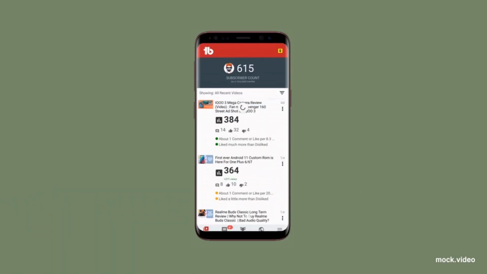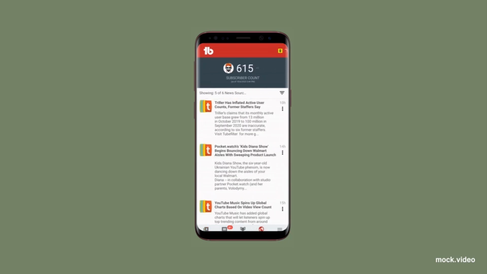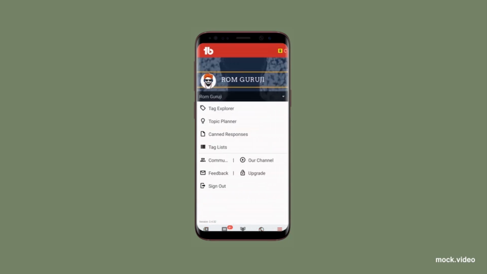Now, there are two ways to use this. One, as a plugin on Google Chrome, which I think is one of the best ways to use it if you edit and upload your videos on your computer, because it shows you all the keywords right there, all the stats right there, and your competition right there. It's amazing. But if you mostly use YouTube Studio from your phone, you can download the TubeBuddy app, and it allows you to get the same stats on the go on your phone. It is really nice, really cool. Do give it a try, do give it a shot.